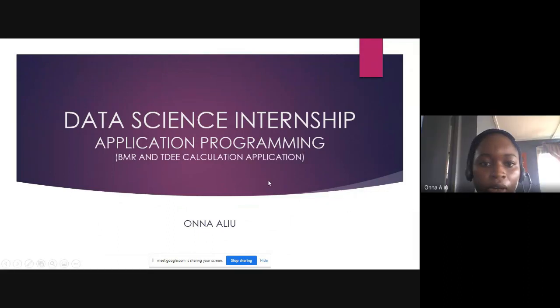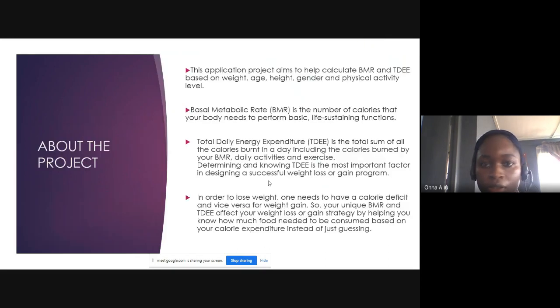Okay, so what I built was a BMR and a TDE calculator, basically for weight management. BMR is your basal metabolic rate. It's the amount of energy in calories that you burn doing basic life-sustaining functions such as breathing and heartbeats. So even if you lay in bed all day, that's the estimated amount of calories you burn